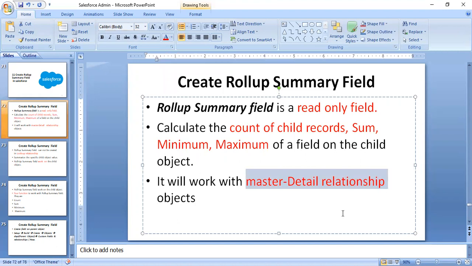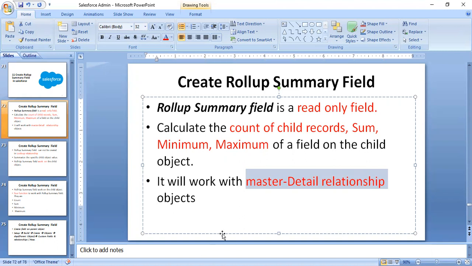Which type of master-detail relationship? For example, department number and employee. Department is a master table, and employee is a child table. Why is it master, why is it child? Here the primary key of department, or any field, points to the other table's field, the employee table field.